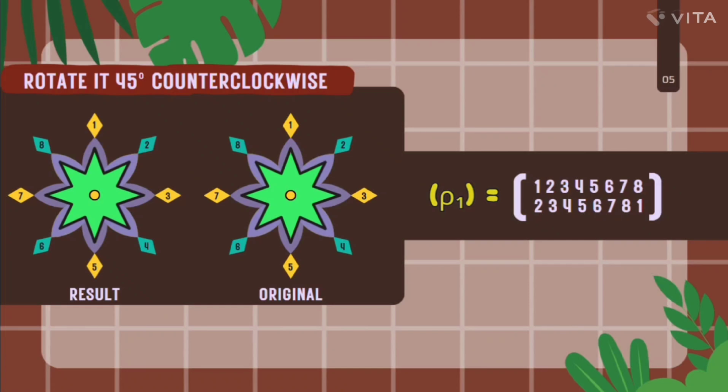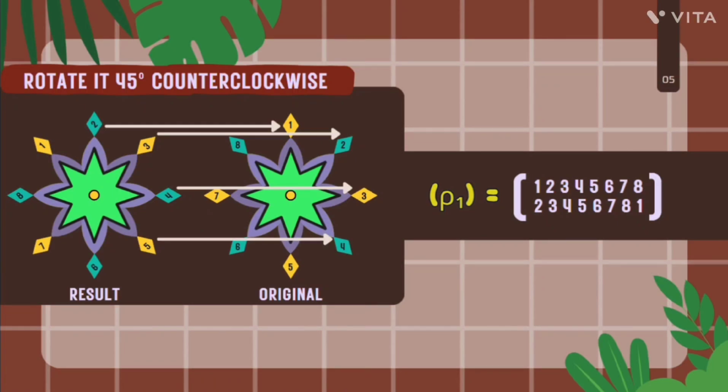Next, we will rotate it 45 degrees counterclockwise, since it is the movement in rho sub 1. So let's rotate it. After rotating it, this will be the result. 2 maps to 1, 3 maps to 2, 4 maps to 3, 5 maps to 4, 6 maps to 5, 7 maps to 6, 8 maps to 7,